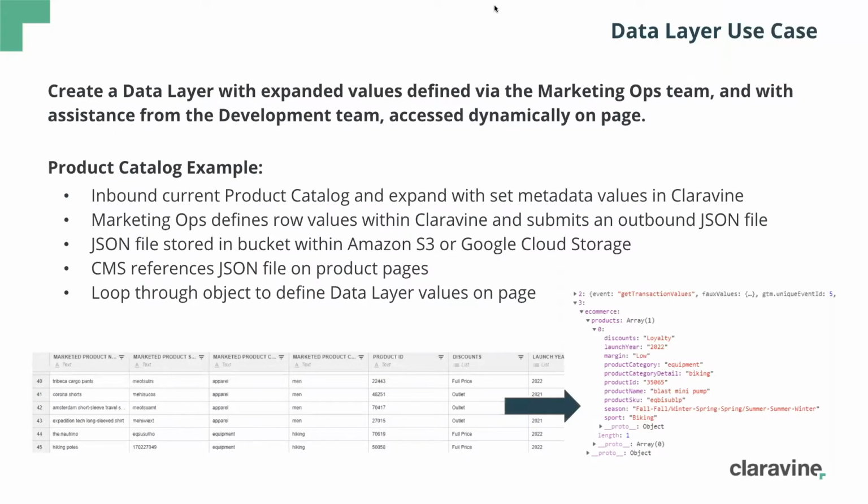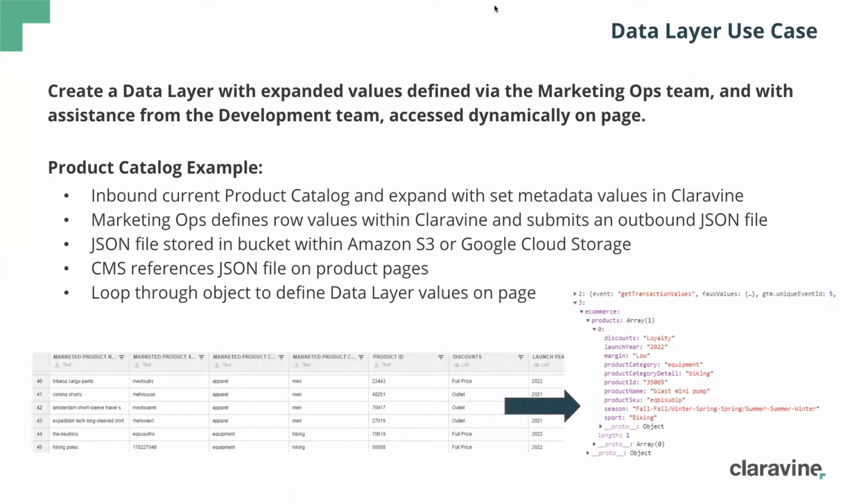Utilizing Claravine, and again, taking some of that strain off your dev team and having those marketers define certain items. In this case, we're going to go after your product catalog. But truthfully, this could expand to whatever you wanted to define in that data layer. So if you wanted to do a sitemap, expand upon values to get a data layer just for your page, this whole demo of what I'm going to show would basically be flexible enough that you could use it wherever.